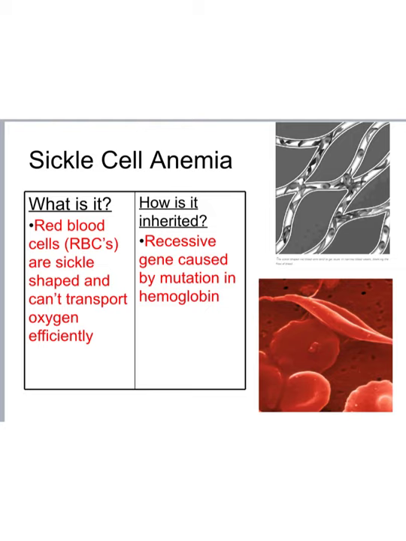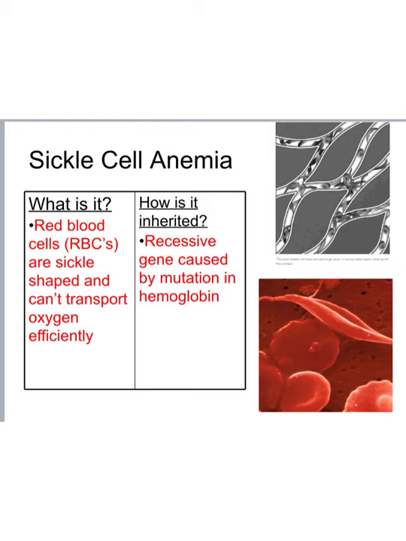So the first thing we're going to do is take the notes for sickle cell anemia. So, what is it? Basically you're writing down everything that is red into your box. You're going to have to write a little bit small. But for sickle cell anemia, you can abbreviate red blood cells, as long as you remember what RBCs stand for. Like maybe write it up on the side somewhere. But basically, the red blood cells,